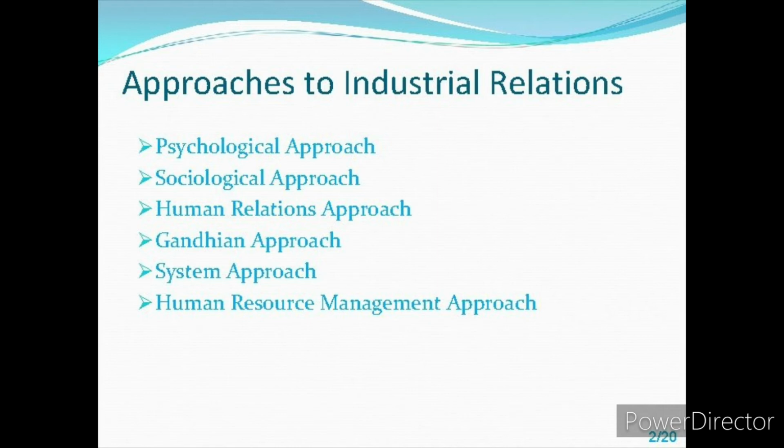Next is the Gandhian approach. The basic principles here are truth and non-violence. Through these principles, they believe that we can have a peaceful and better relationship between the employer and employee. They follow certain rules to reduce industrial conflicts, like making reasonable demands with the help of collective action, and trying as much as possible to avoid strikes. And if direct settlement fails, they go for voluntary settlement within the employees.